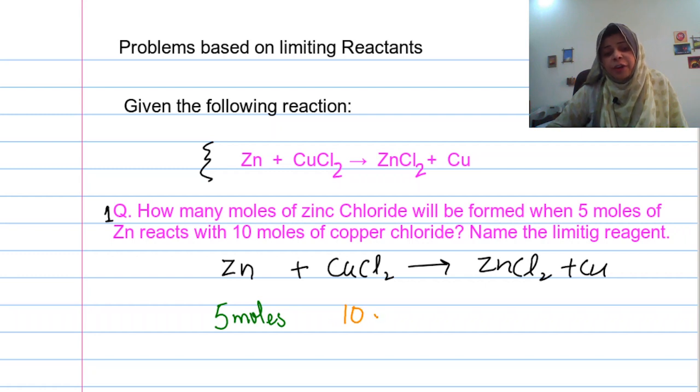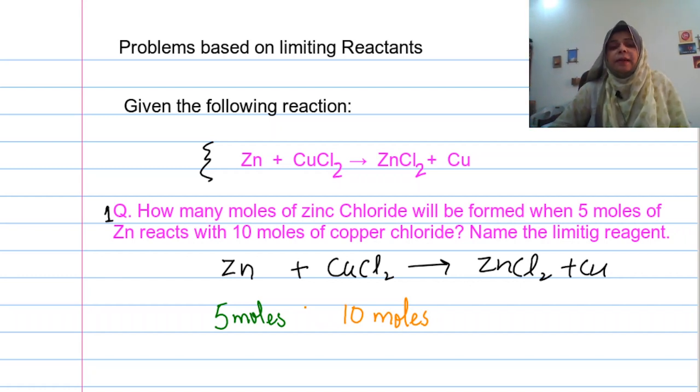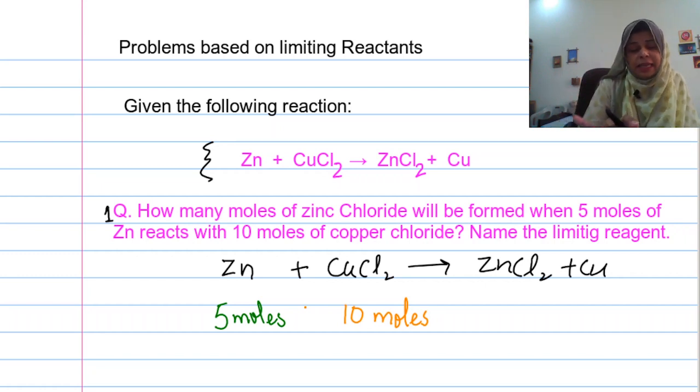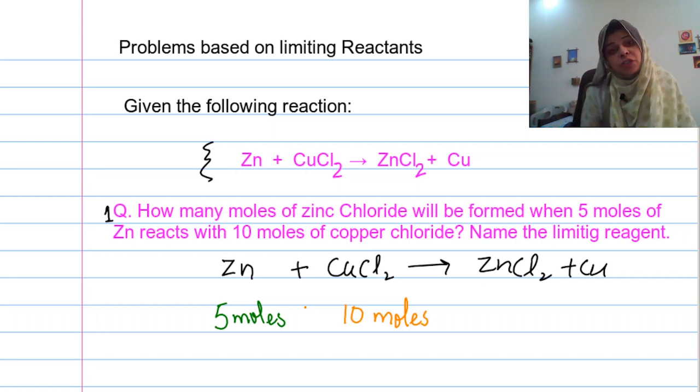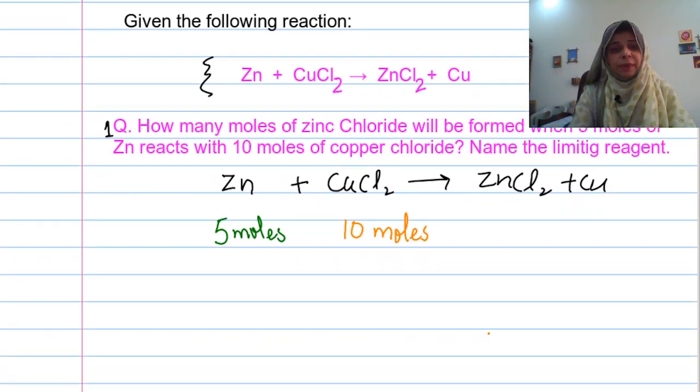So whenever we want to know the amount in excess or we want to know the limiting reactant, in that case we have the values of both the reactants, from which we will do the comparison: how much of the reactant will be used up and which one is left over. So zinc plus copper chloride. We have to do the comparison. How will we do the comparison? Okay, let me give you an example and a detailed understanding.